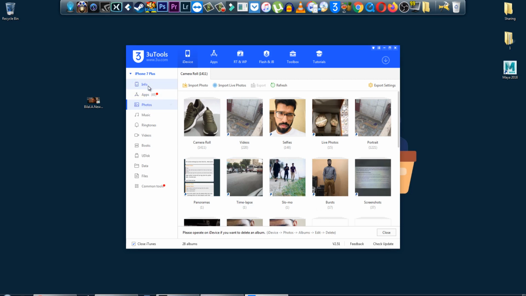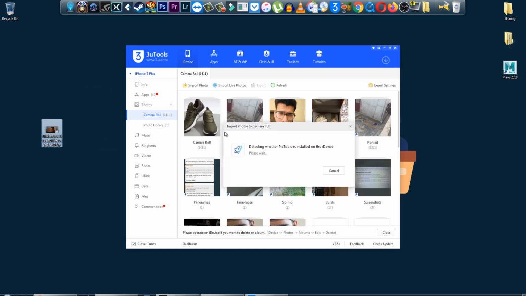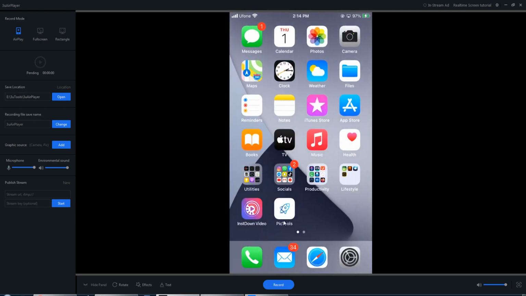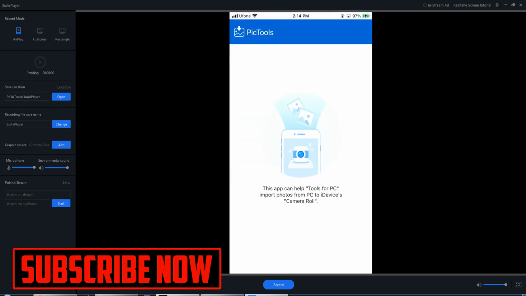Here, select photos, and this is the movie. Make sure this is MP4. The other format does not work, so make sure this is MP4, and then drag it here, waiting for you to open the Pick tool. So I'm going to my cell phone to open the Pick tool here, open it, and